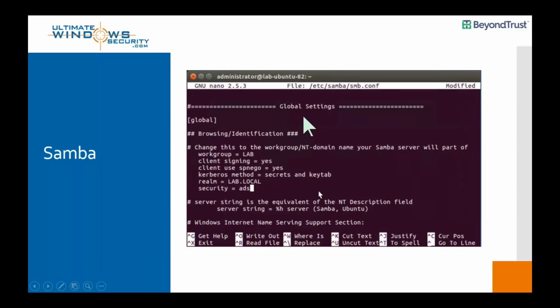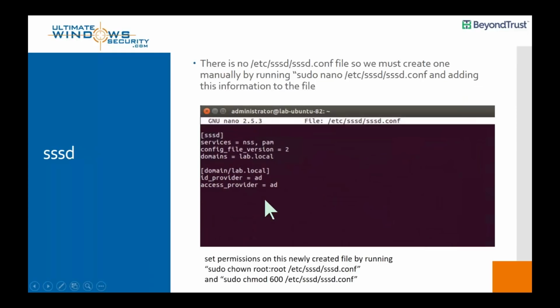Let's see here. We also had to do a little bit in our Samba configuration as well, giving it our realm name, a workgroup name, and so on. And then finally, oh yes, our SSSD file. We had to add that, and we also put some information in there about our lab.local domain as well. And then finally, since we created this file, we also had to set the owner and the permissions, make sure that those are correct. Otherwise, SSSD